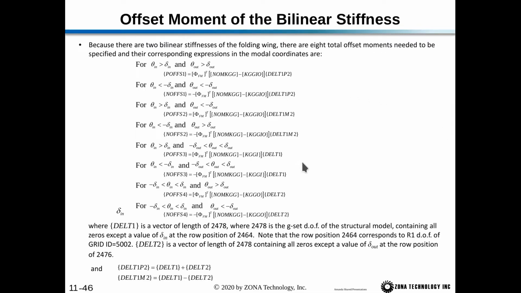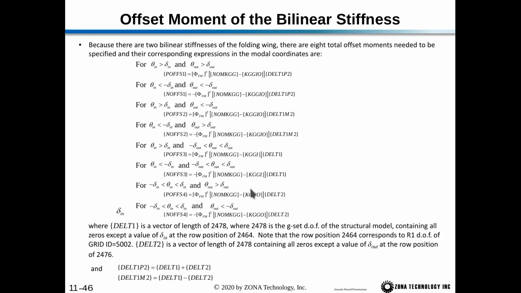And that's done here. Now because there are 2 bilinear stiffnesses of the folding wing, there are 8 total offset moments to be specified for their corresponding expressions. So for the first one, we have theta in is greater than delta in and theta out is greater than delta out. That's given by this equation, and then each of the 8 cases